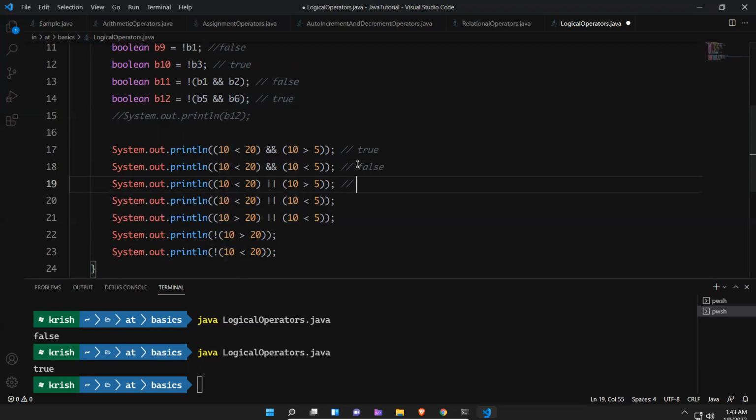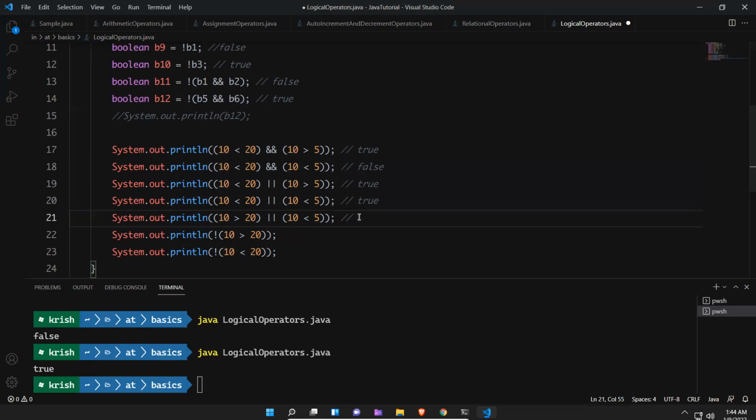Okay. 10 less than 20, true. This is true. Don't bother about the other expression. The reason is OR. OR means one true means true. So here 10 less than 20, I don't bother about all these things, whether it's true or false, it will be true only. And here 10 greater than 20, no. 10 less than 5, both are false.